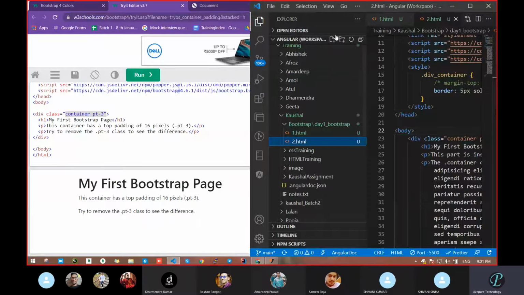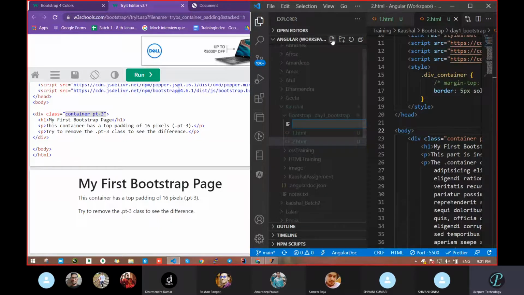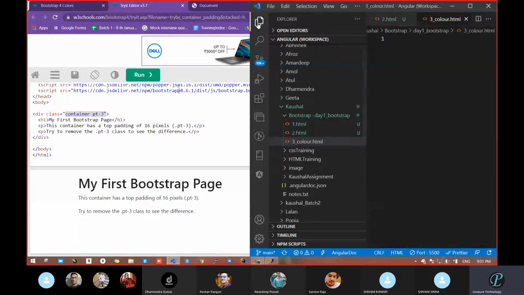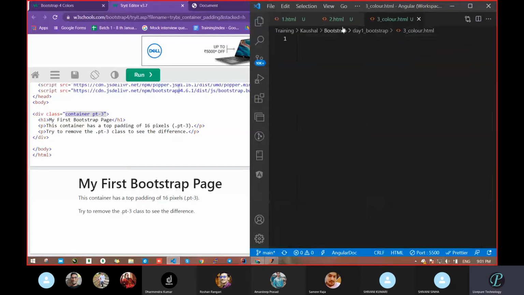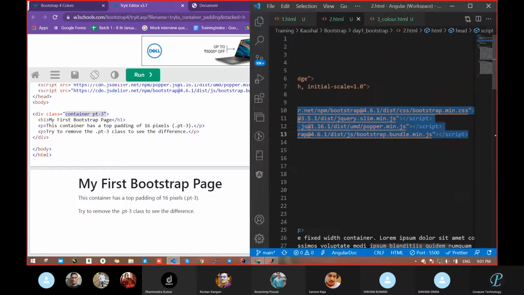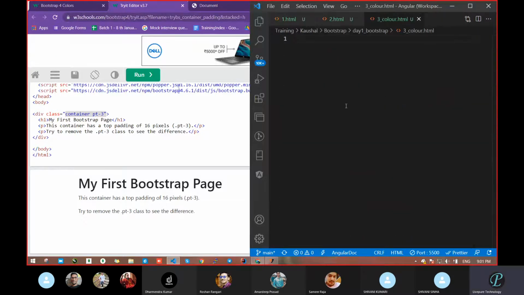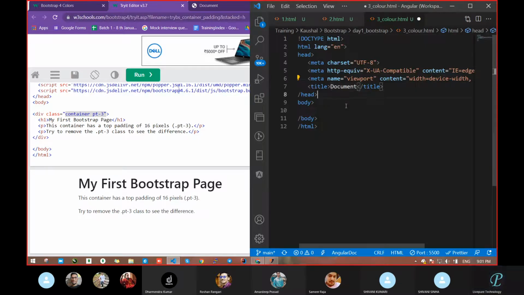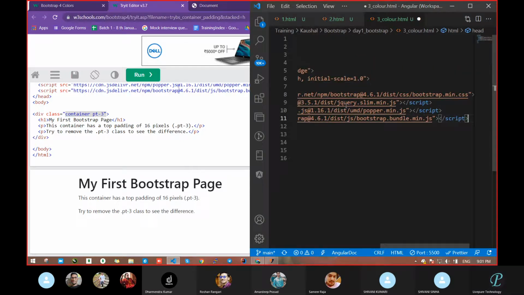As I had taken before, 3 underscore COLOUR dot HTML. So next, how will I link this page with Bootstrap? Copy this file and paste it here.